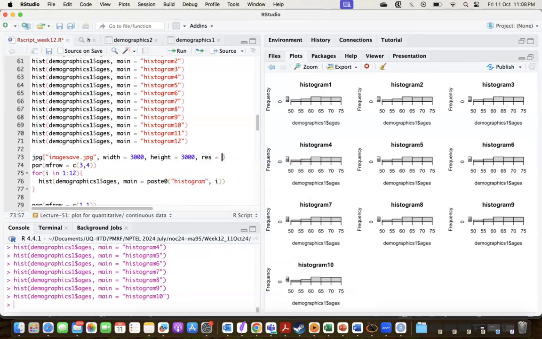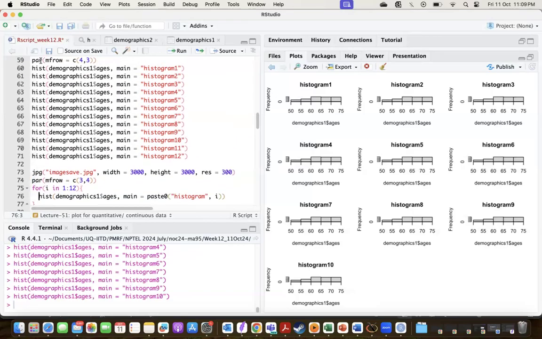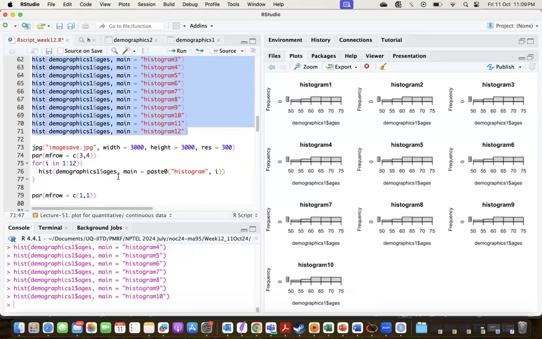And you can also give it the resolution. So 300. So once you start this function, you're giving the name of the file, the dimensions, the resolution, and then you give it the actual printing command. So what I've done is you specify what arrangement of plots has to be there. And then here, just to simplify, instead of saying plot histogram 1, plot histogram 2, up to 12,